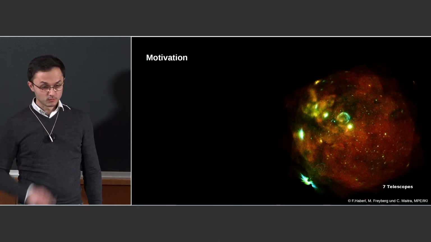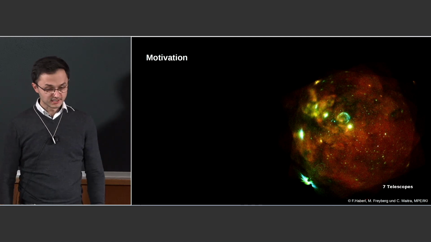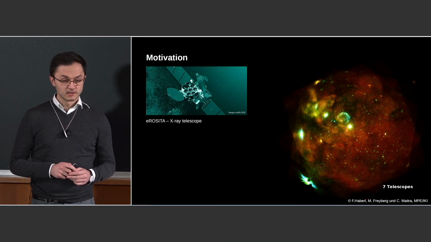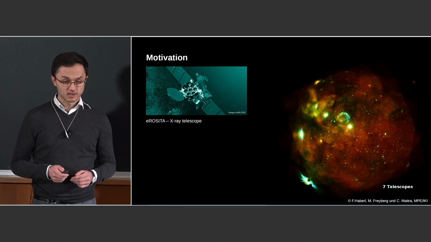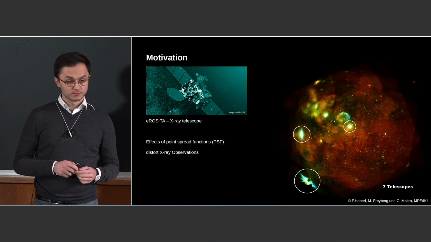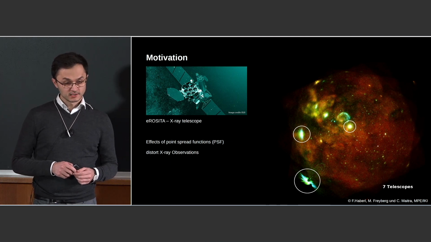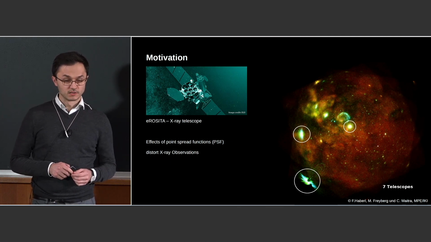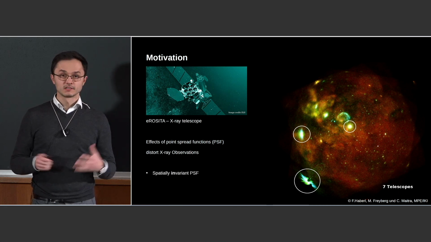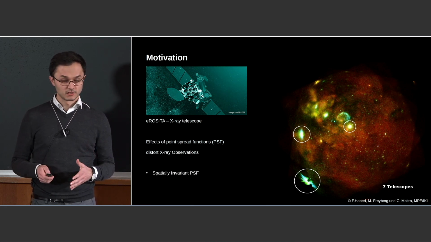So to start, I want to have a short look at this image. It's the first light image from the Rosetta X-ray telescope. And what we clearly can see is that the effects of the point spread functions still distort the X-ray observations to some degree. When I'm talking about point spread functions, you can categorize them into two categories: